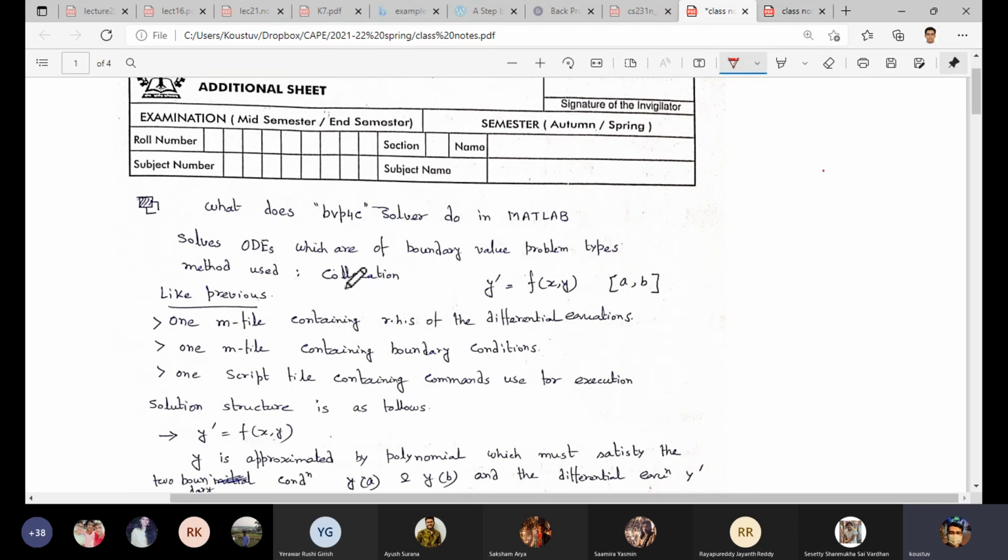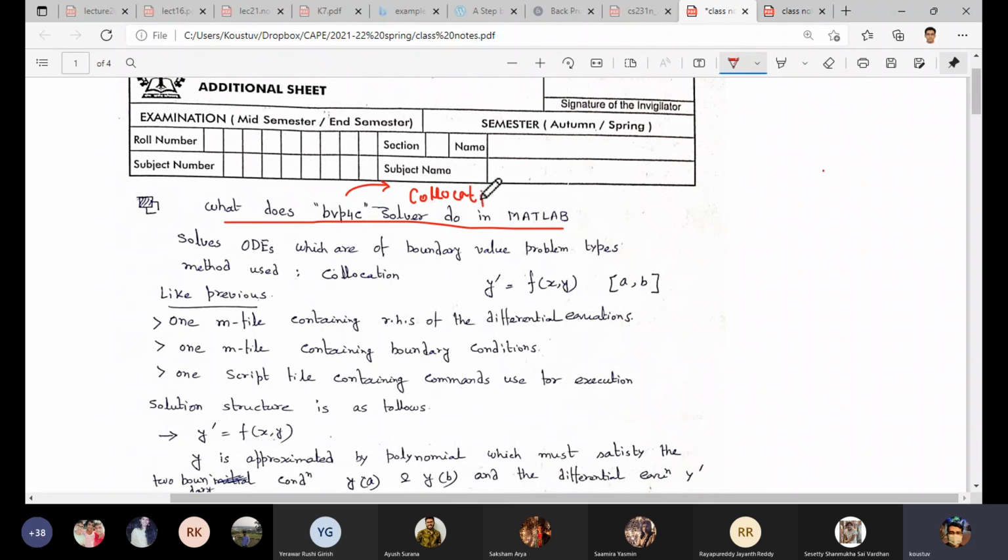So let's say, I have written a thing: what does this solver do in MATLAB? Basically this is kind of like ODE45 or ODE15s for the initial value problem. Similarly, this BVP4C solver is based on the collocation method. Okay, so one of the techniques, whether you have studied it in numerical methods or not, I'm not sure, but